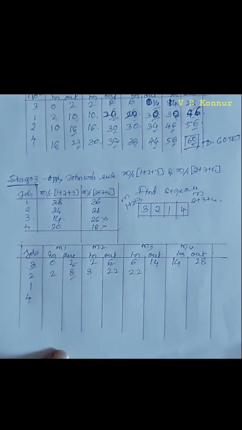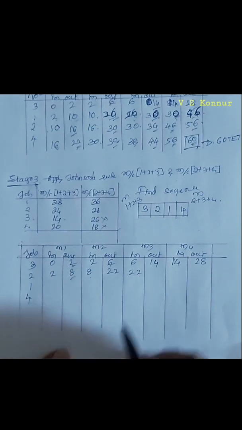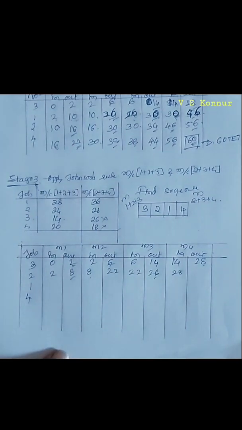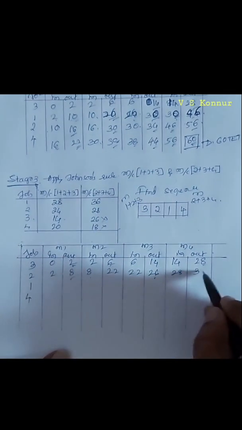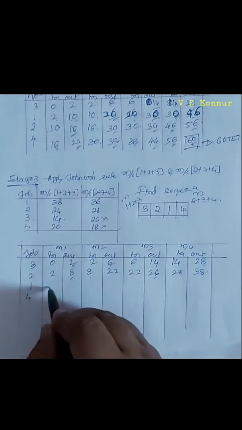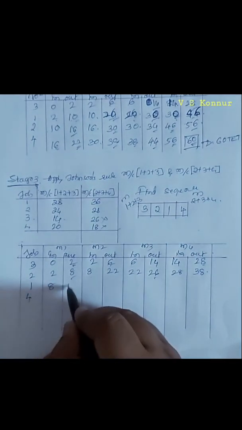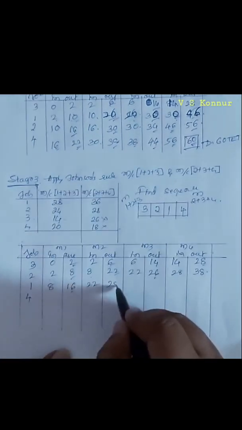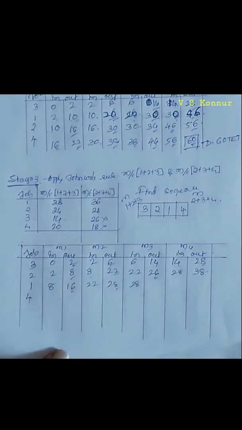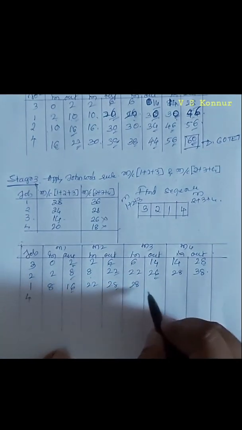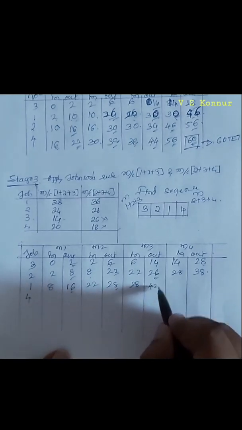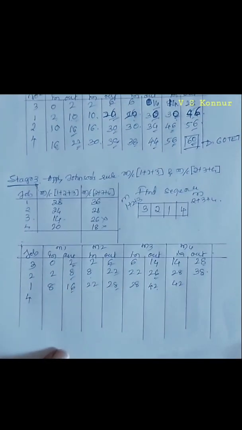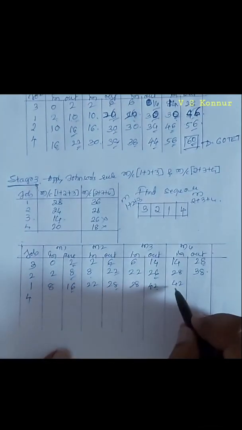It is entering into third machine. Second job, third machine, it requires 4 hours to complete. 26 and 28, 28 is maximum. 28 plus 10, 38. Next, after 8 job, first job is entering, it requires 8 hours to complete. 16 and 22 compare, 22 is maximum. It requires 6 hours to complete. 28, 28 and 26 compare, 28 is maximum. First job at third machine requires 14 hours to complete, 42. So comparison 38 and 42, 42 is maximum. So first job at fourth machine, 16 hours is required, 58.